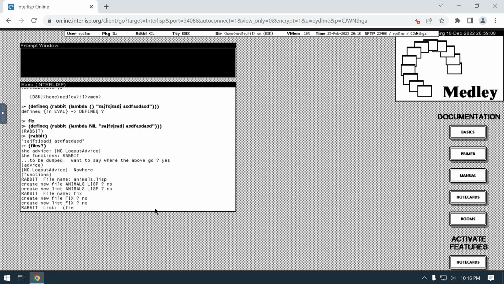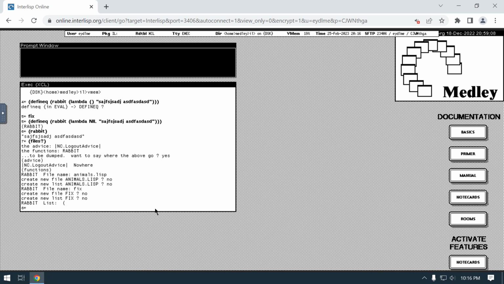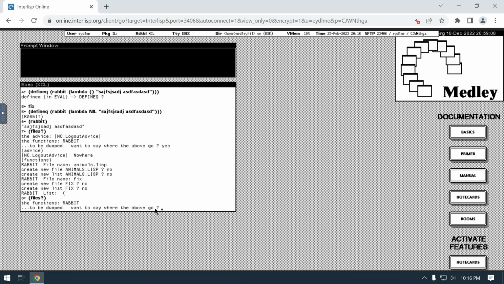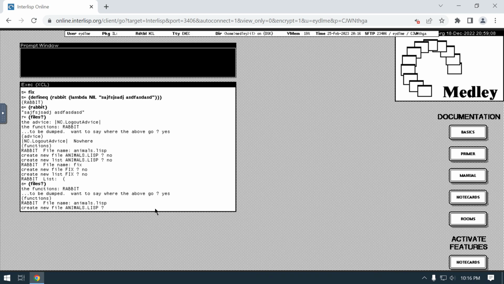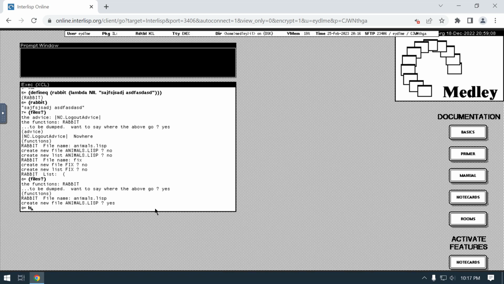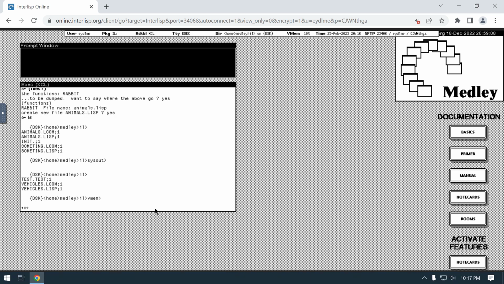So if I also say files, oh, I'm still being prompted for stuff. Let me control D out of there. I just do this like normal because I haven't played with this enough to sit here. I don't want to play this on screen. So what to say where to go? Yes. And so it's rabbit. So I'm going to put animals.lisp. But this isn't in memory or whatever. And so if I say yes, and now I ls, then